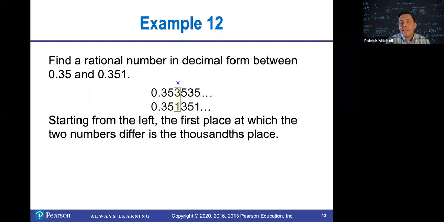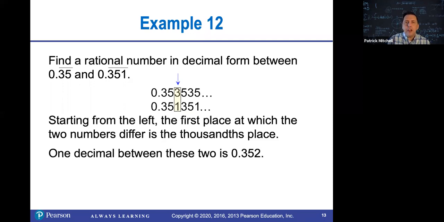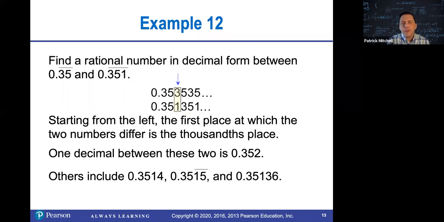In this case, there is enough room between the 3 and the 1. You could just put a 2 there. So probably the simplest answer is 352 thousandths, but there are an infinite number of other correct answers, like 0.3514 or 0.35 and then 15 repeating, or